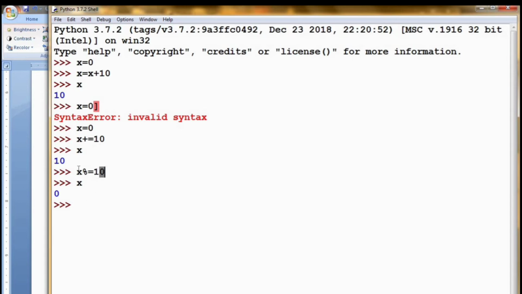Because x is already 10, then 10 divided by 10 leaves remainder 0. For your more clarity, what does it mean? It means x percent 10. This is same as the previous one. The output is same.